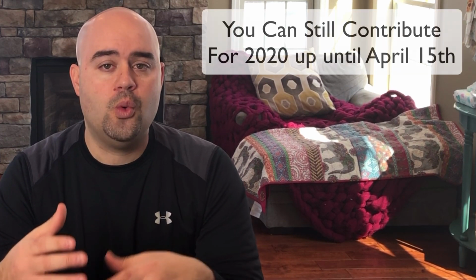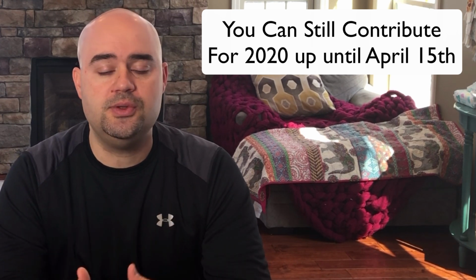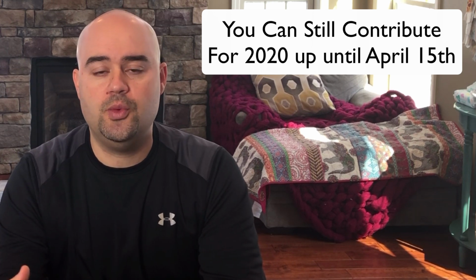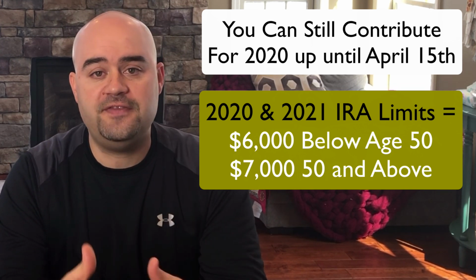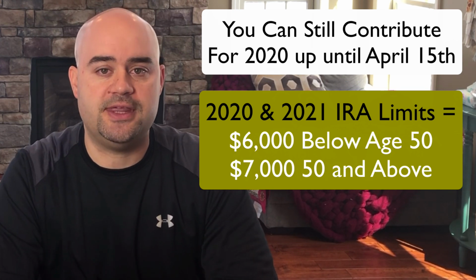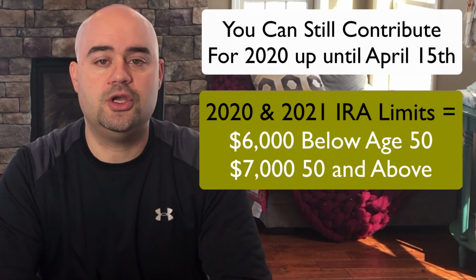Now, an important date is April 15th, which is the tax deadline, where you can still make contributions for 2020. So if you have not done that yet, you still have an opportunity to do that by the tax filing deadline. For 2020 and 2021, the amounts haven't changed. You can contribute up to $6,000 if you are below the age of 50. And if you are 50 and above, you have a $1,000 catch-up contribution, so you could do up to $7,000 in those years. Now, the determining factor is you need to have compensation or earned income in order to contribute